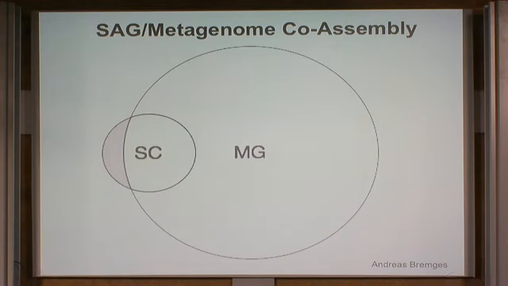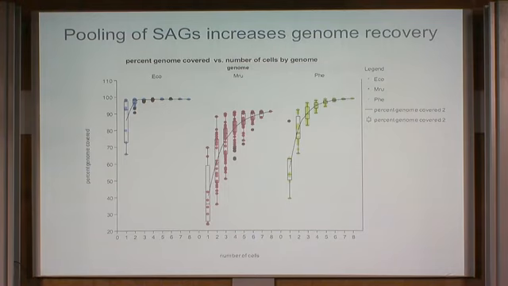Okay, and then we also do co-assemblies of single cells and metagenome, because as I said, you only pick up like 50% of your genome when you look at one single cell. And this is the percent of genome covered by the assembly. When you're looking at only one cell, well, this is actually a very nice example, because the coverage was between like 65 and something like, I don't know, 98% of a genome. But when you look at this guy here, we only recovered between 25 and in the best case 70% if you just take one cell. But when you start combining the different cells, right, it gets much better.